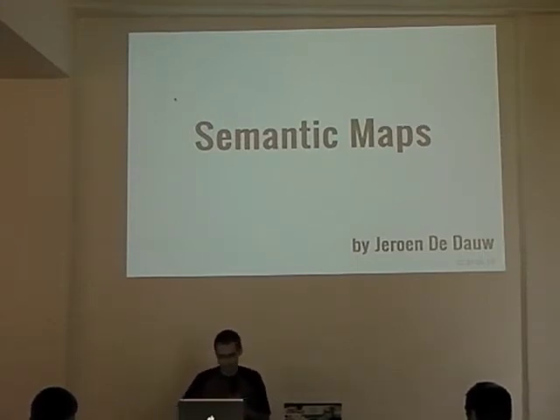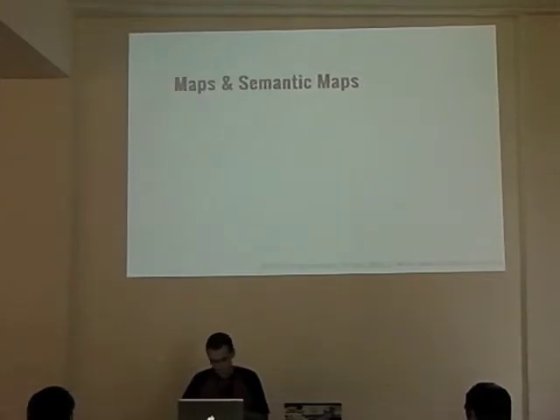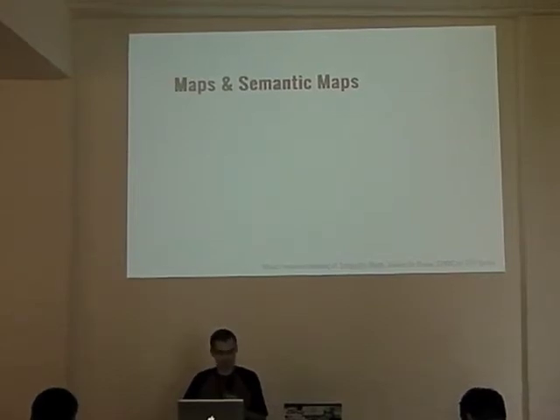So I'm going to quickly give an overview of what's changed since last SMWCon in the Maps and Semantic Maps extensions, and some further possibilities of what can be added to them. Maps and Semantic Maps both add geographical capabilities. Maps is just a plain MediaWiki extension and allows you to display maps, do geocoding, geospatial operations, and Semantic Maps then builds on top of that and adds the semantic data type for geographical coordinates